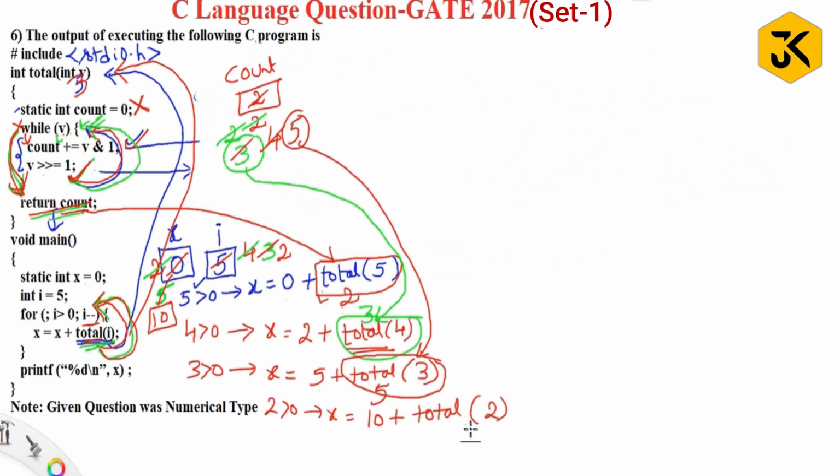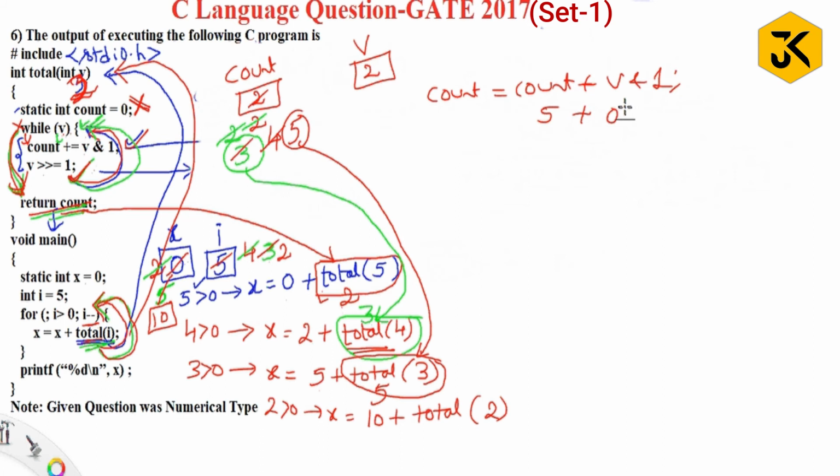Total of 2. Once again the cursor will move to here and will call the function by passing 2. Now the V value is what? The V value is 2. This statement won't execute. While of 2, yes, the condition is true. count equals count plus V and 1. The count value is what? 5 plus the V value, which is